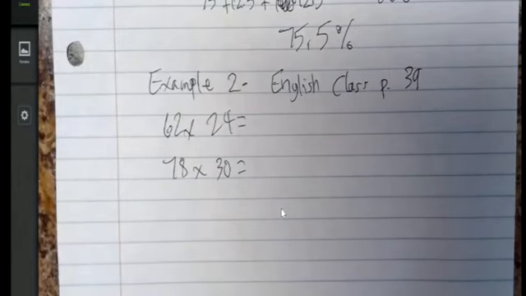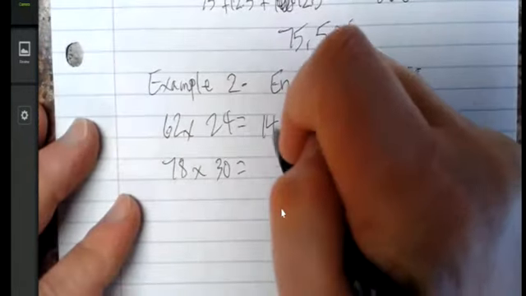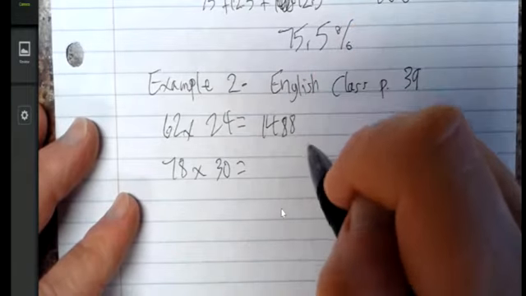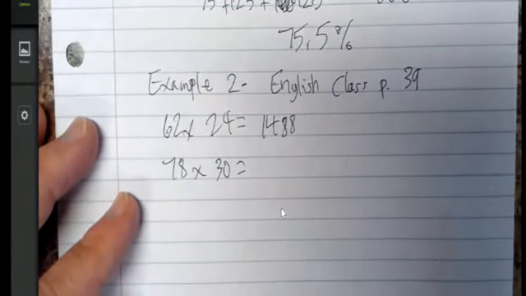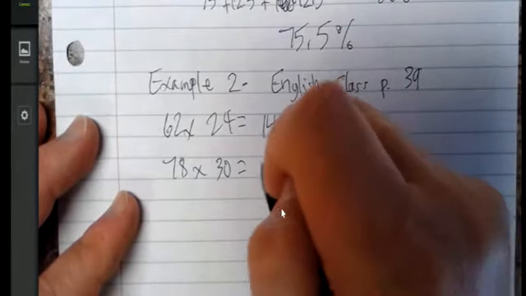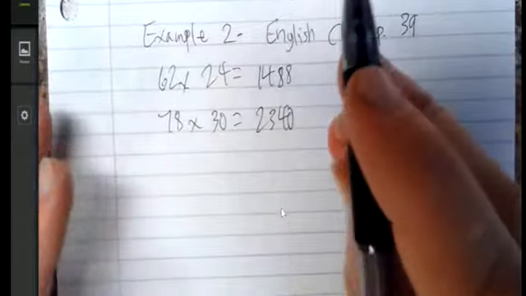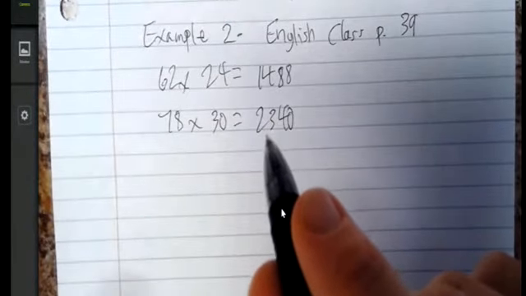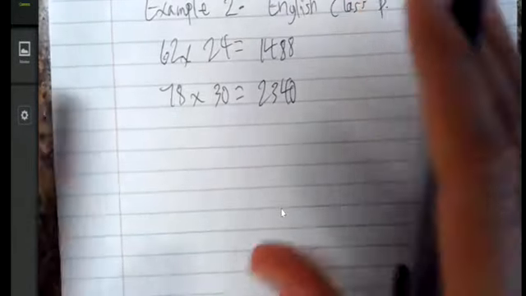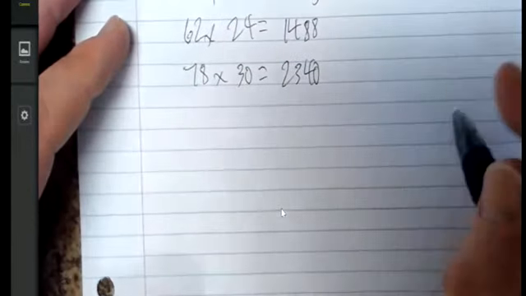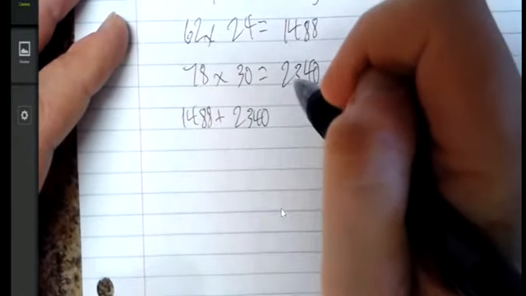And now we're going to multiply. 62 times 24 is 1488. And 78 times 30 is 2,340. Now we add those two together. 1488, 2340,